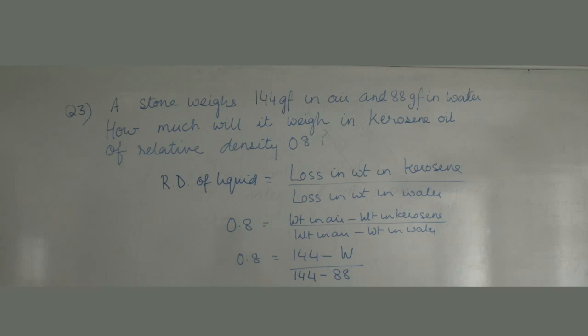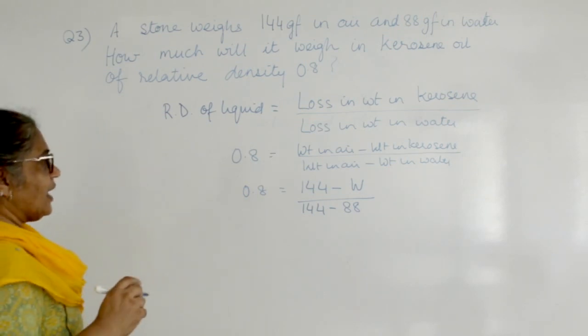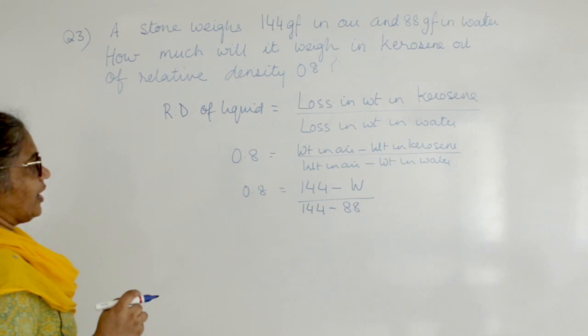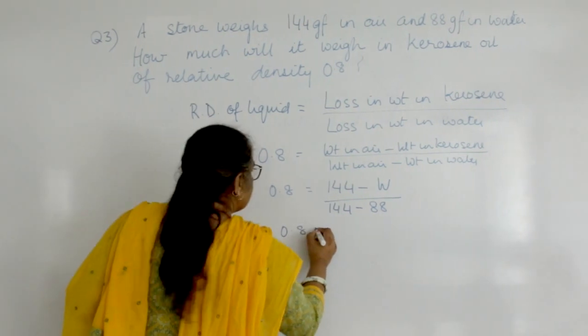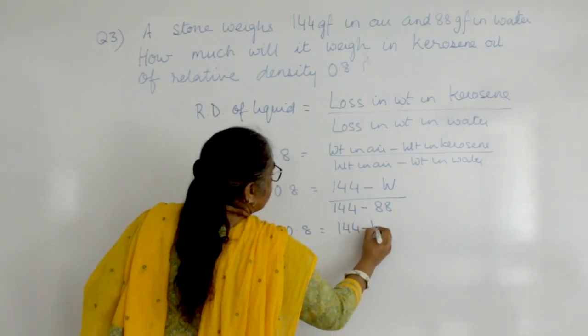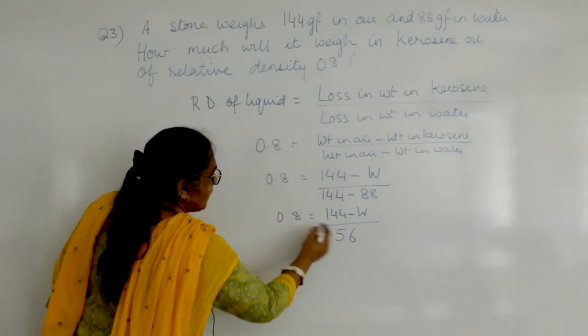That means 0.8 is equal to, what is the weight in air given to be? 144. So, this will be 144 minus weight in kerosene, that is what you need. Let me write it over here as W. Next you have weight in air 144 minus, what is the weight in water? Weight in water is 88. So, this is the expression that you are getting, and when you solve this you will get the weight in kerosene. So, now you have 0.8 equal to 144 minus W upon 56,